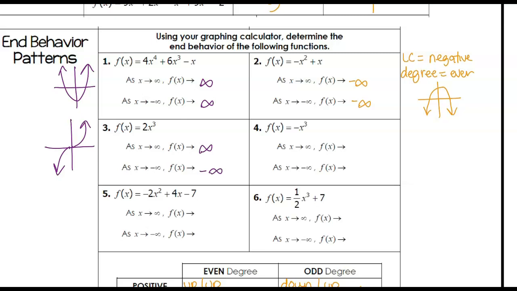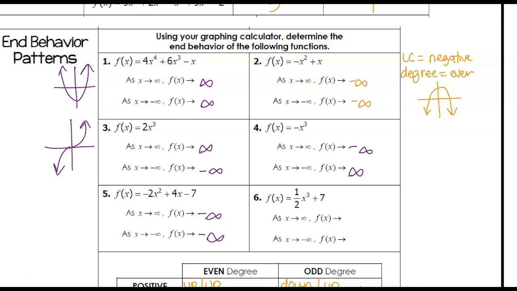For number 4, this one is a negative leading coefficient with an odd degree. Gabriel, what did you get for as x approaches positive infinity for number 4? Negative infinity. Let's put the negative sign first. And then as x approaches negative infinity, where's f of x going? Good job. And do the same thing for 5. As x approaches positive infinity, where's f of x? And as x approaches negative infinity, where's f of x? There you go. And then for the last question here, for number 6,